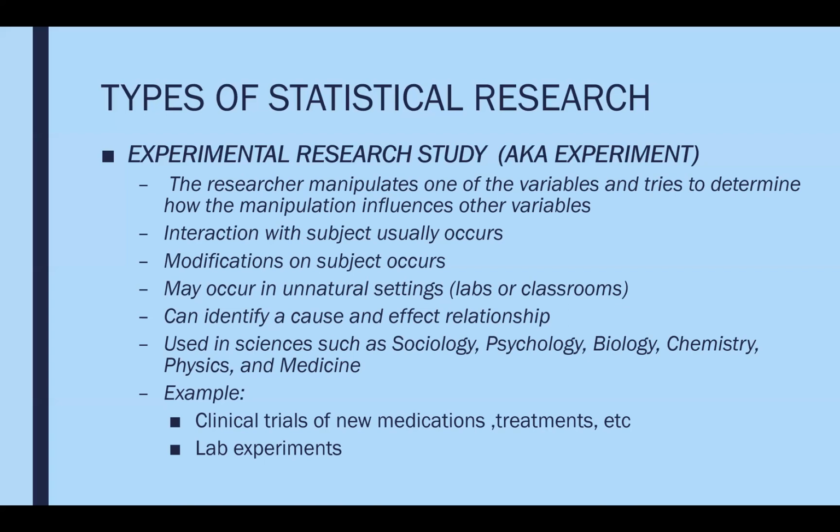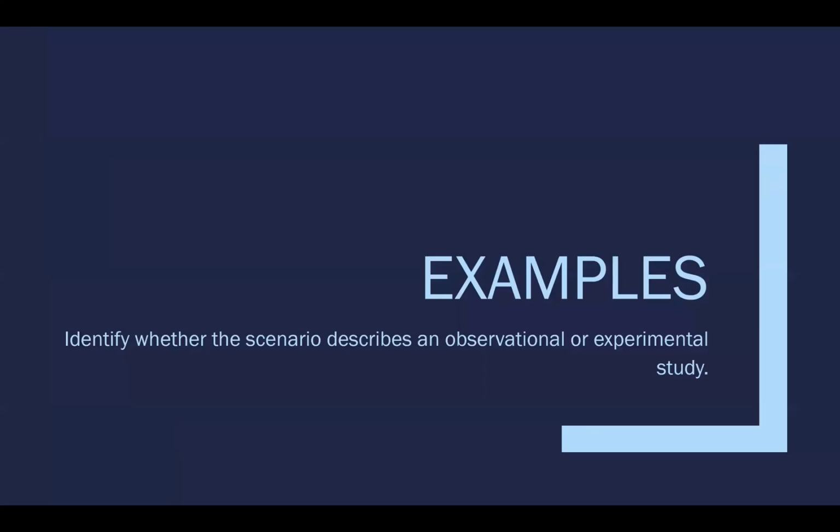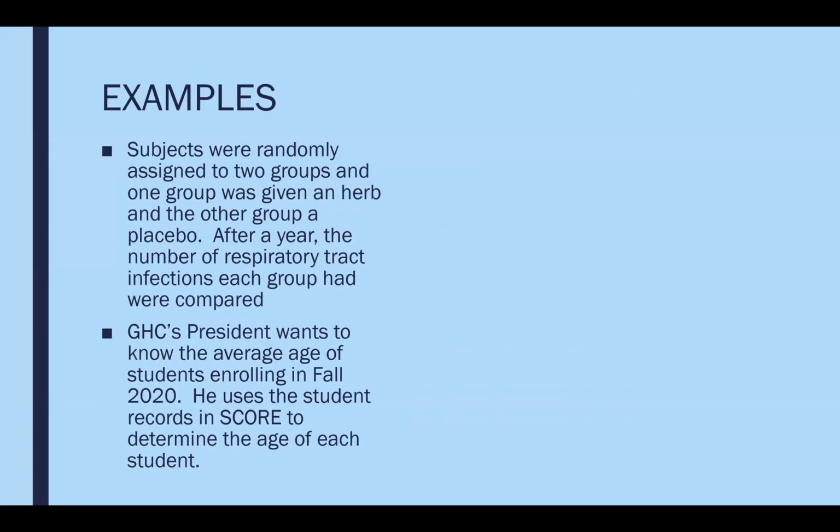Now, experimental becomes a little bit more involved because you are interacting with the subjects and you perhaps have different groups so that you can actually tell if something changes when you interject that particular medication or that particular treatment or whatever. So I'm going to skip through the examples